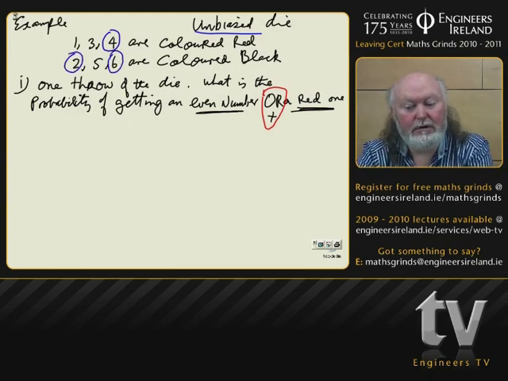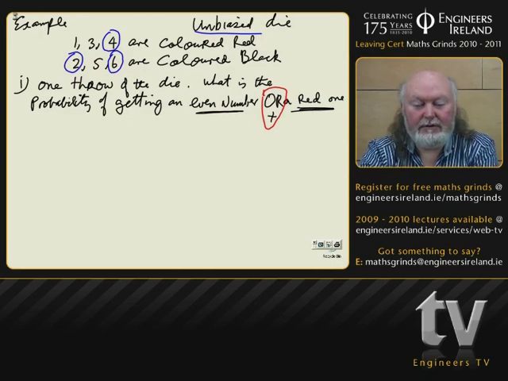Two of the even numbers are coloured black, but one of them is a red. That means we do have an overlap here. We're going to replace our system with